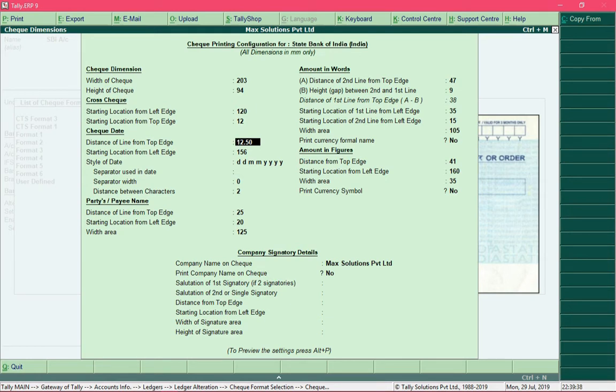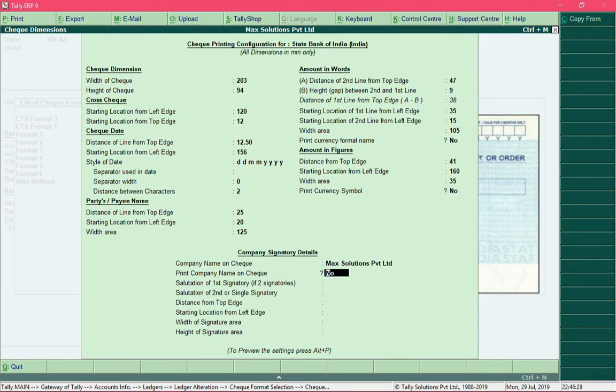And by using a scale you can measure the dimension of the physical check and the position of the fields and compare its value with the values which are present over here. And in case you feel like you need to change a value, then you can navigate to that field and change the value. And over here, for the fields in company signature details, you can specify signature information to be rendered on the check.